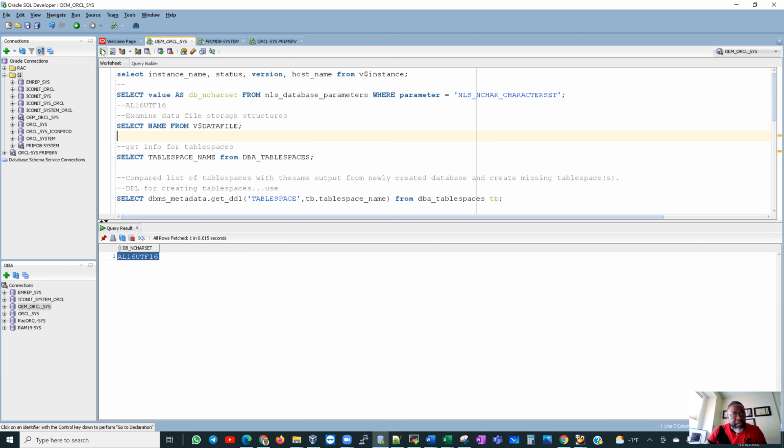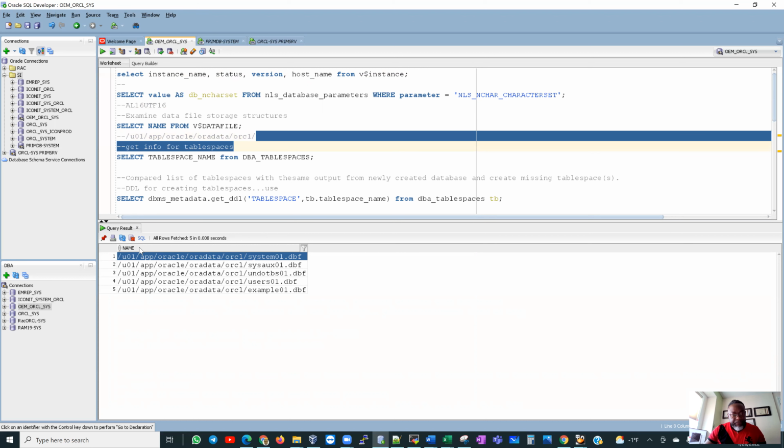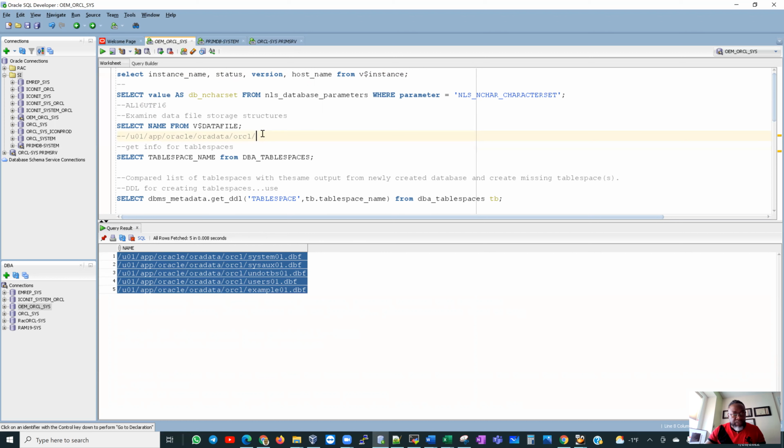So let's go ahead and look at this query. Select name from v$datafile. And fair enough, I see the data files are all stored in a certain location: u01, app, oracle, oradata, ORCL. And then, of course, the data files are all going to be following after that. Or maybe I should probably just copy all of these data files and put them here for comparison so that when we establish our new database,